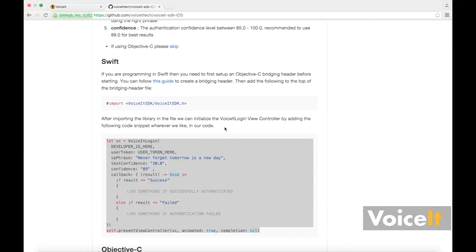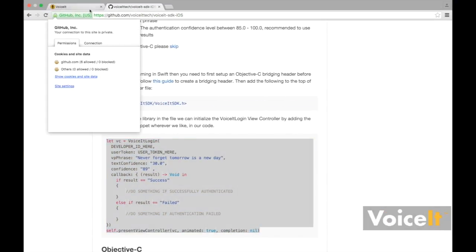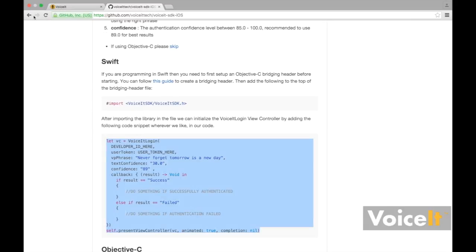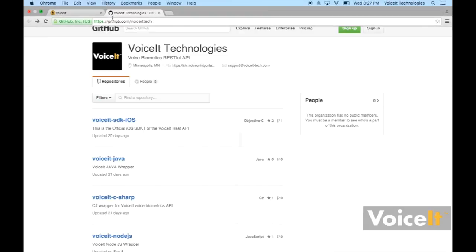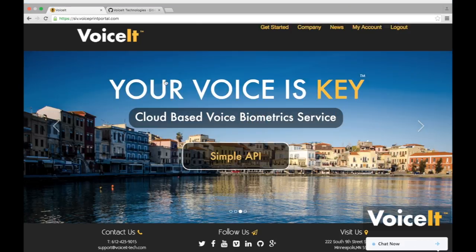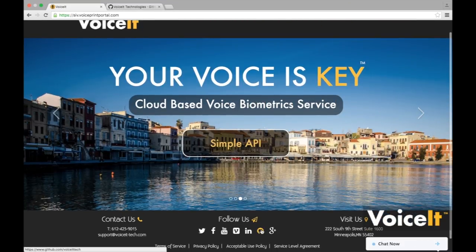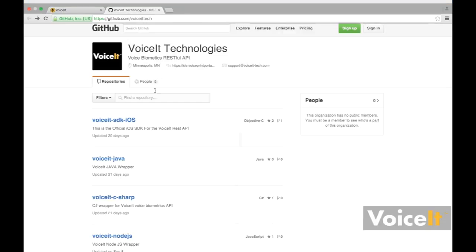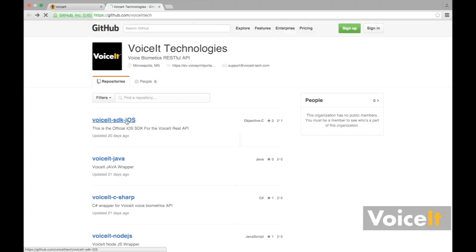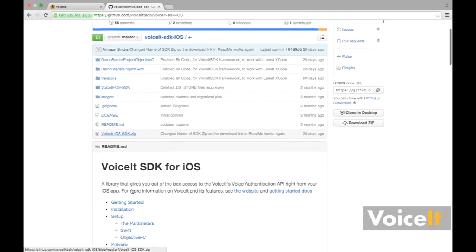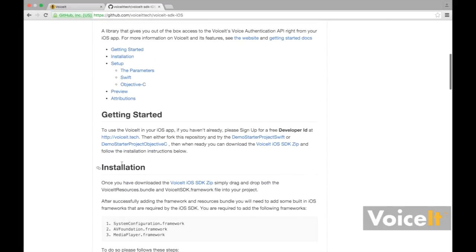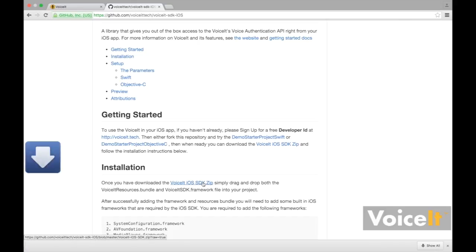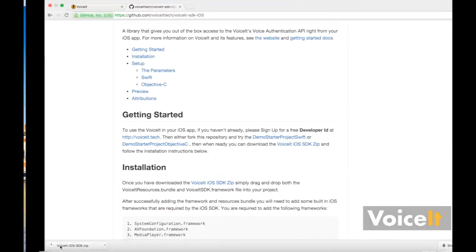So the first thing we're going to want to do is go to the VoiceIt GitHub page. This is github.com/voiceittech. This is also navigable from our website if you click the little GitHub icon. And what we're going to do is go to the iOS SDK page, and then scroll down until you find installation. There's going to be a VoiceIt iOS SDK zip file, and you're going to want to download that. Once it's downloaded, you unpack it,